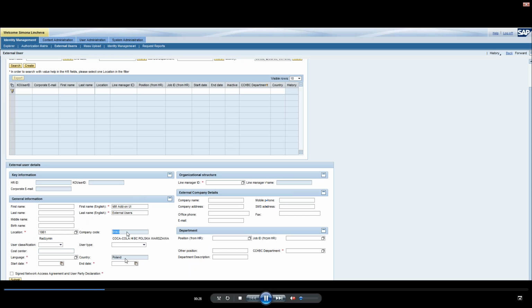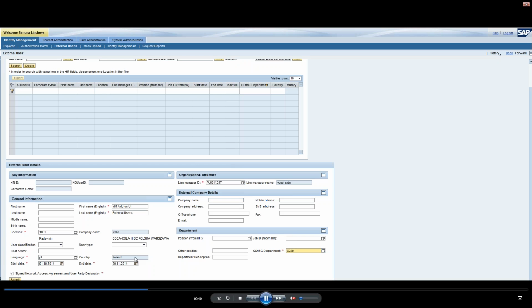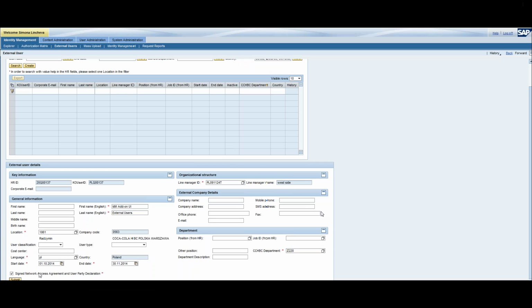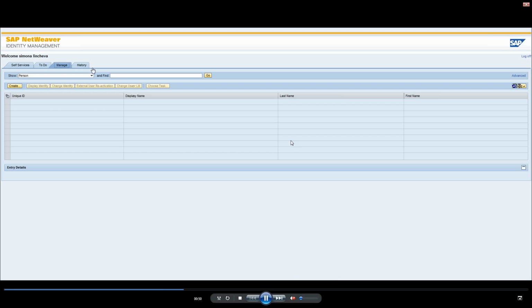As well, we have auto-generated fields based on some of the required fields. For example, after we select the language, the company field is automatically filled here. After the user is created, the user ID is automatically generated.